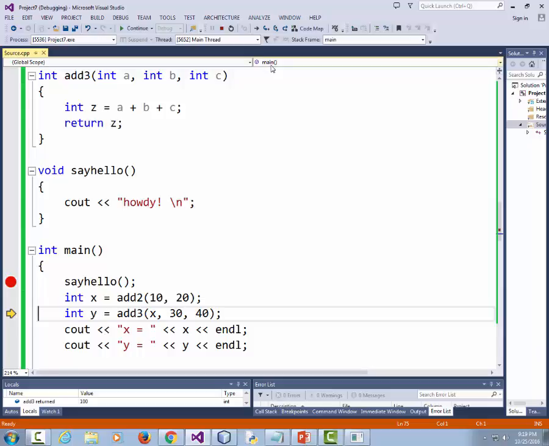And then if I do step over once more, then it copies the value that add 3 returned into Y, and Y is equal to 100. Then we could print each of those things out. So you see how the functions are working. When you use functions,